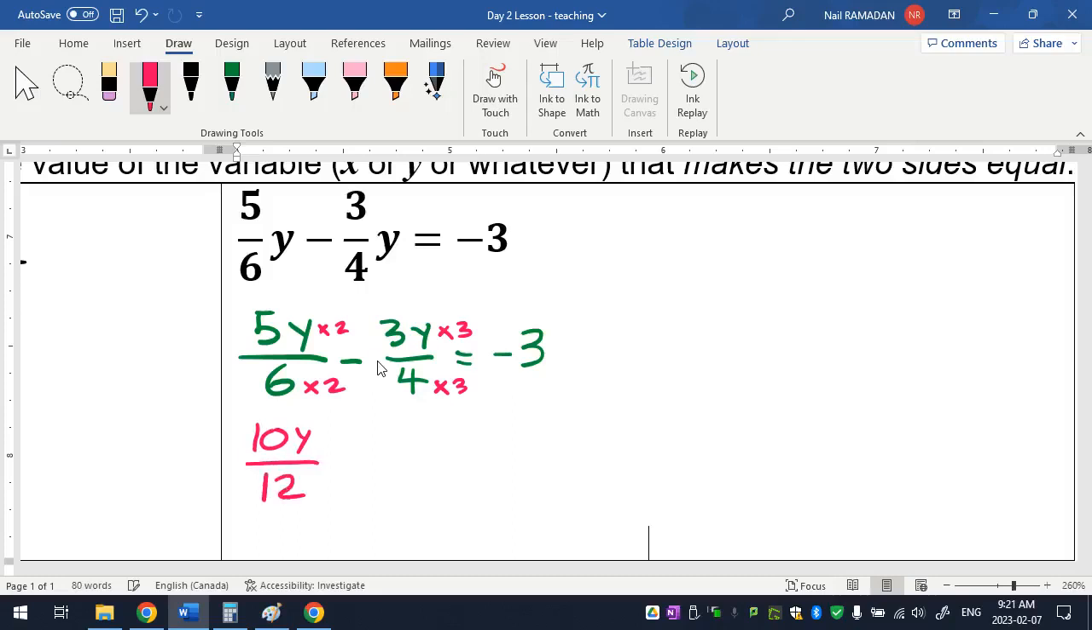over 12. Subtract what? Come on. 3y times 3. 9y's. Over 12 equals what? Okay. See, we're cleaning up nicely. What's 10y minus 9y? Just that. 10 minus 9. No, you're not adding, you're subtracting. What's 10y minus 9y? Is 1y. Do we agree with that? 10y's minus 9y's, you're remaining with 1y. So that means what? 1y